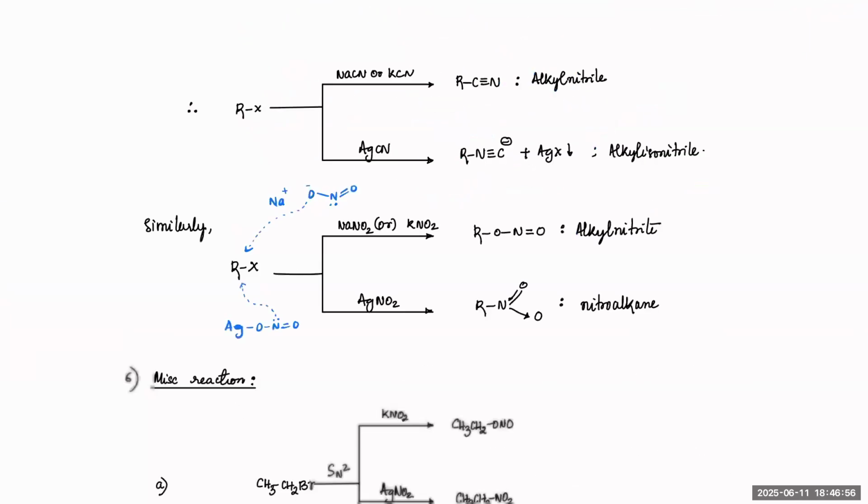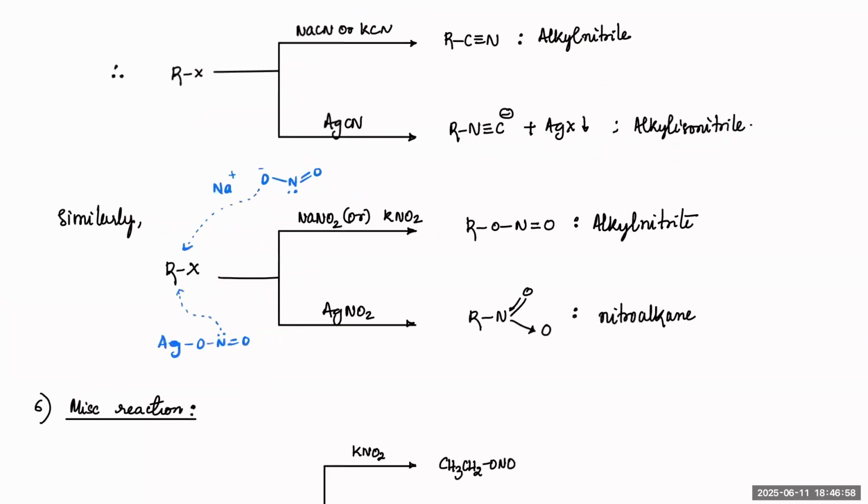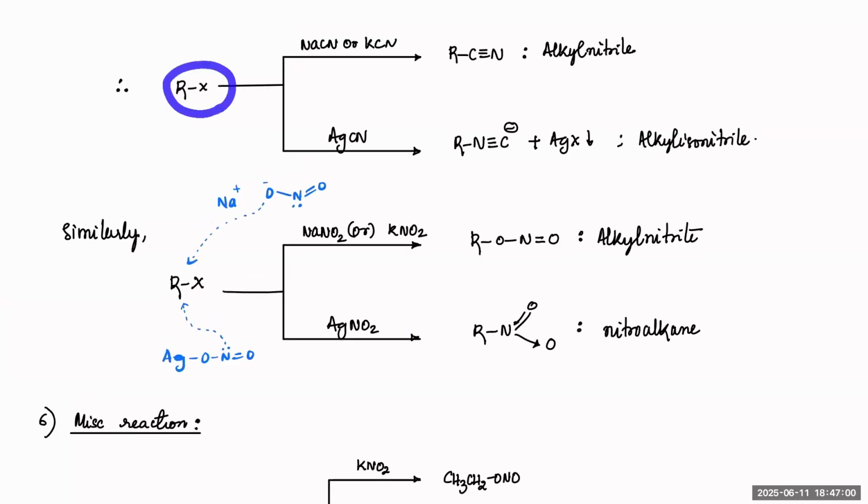Next, check out RX. If you react with NaCN or KCN, you will get alkyl cyanide. With AgCN, you will get alkyl isonitrile. The same logic applies to NO2 minus also. In NO2 minus,